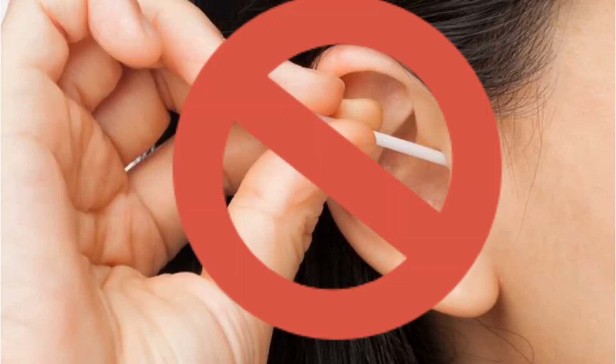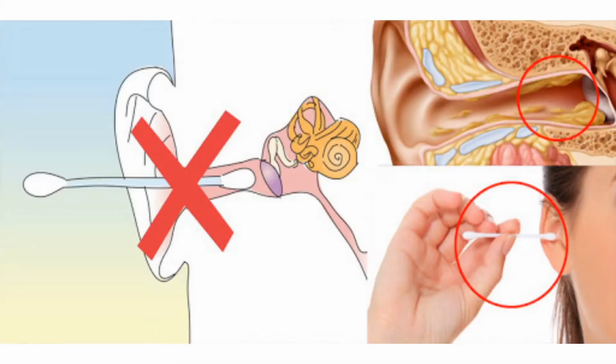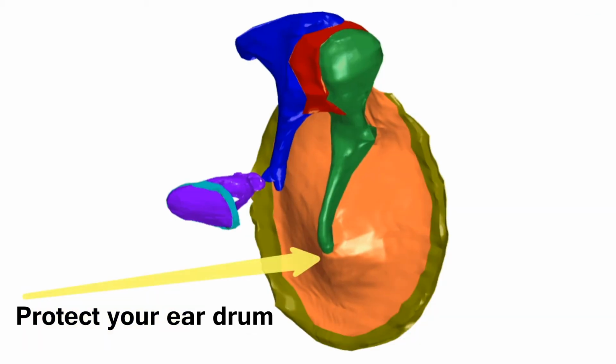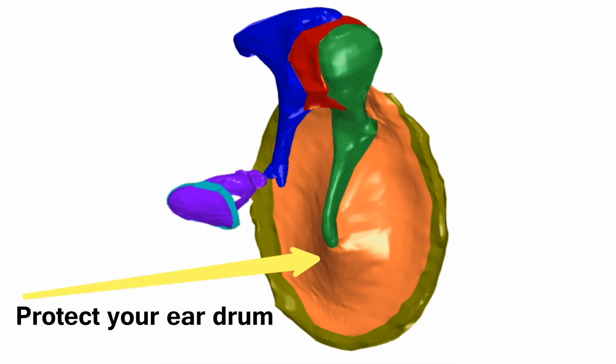Stop using cotton swabs in your ears. It's common for people to use cotton swabs to clean wax out of their ear canal, but this is definitely not advisable. A little bit of wax in your ears is not only normal, but it's also important. The ears are self-cleaning organs and the wax stops dust and other harmful particles from entering the canal. Plus, inserting anything inside your ear canals risks damaging sensitive organs like your eardrum. Keep your ears dry.